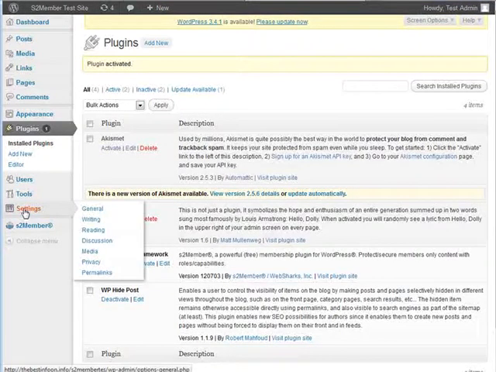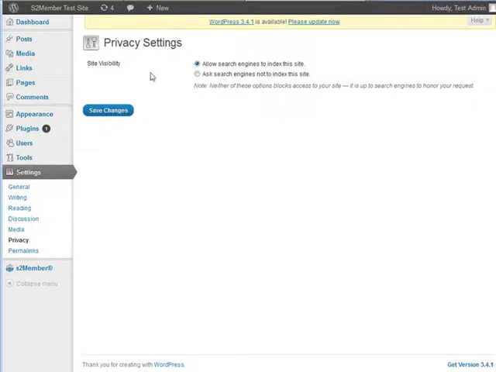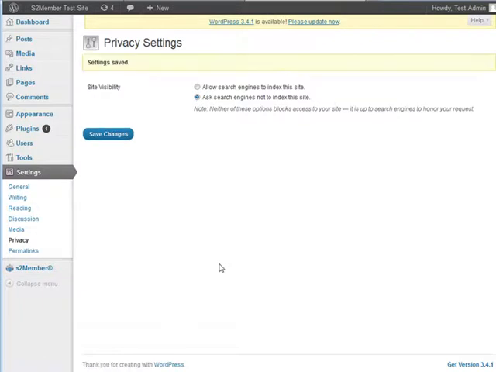Okay, now there are a couple of different things we can do here. If we want to hide our members area from the search engines, we can go to settings and privacy, and then we can ask the search engines not to index us. This is the easiest way to do it. If you're going to have your whole members area protected, in other words, you don't want any of your pages to be indexed in the search engines, this is how you do it. Now, if you do want to have some pages indexed in the search engine, then you're going to have to take a different route and install a plugin